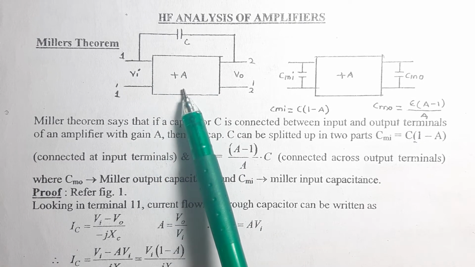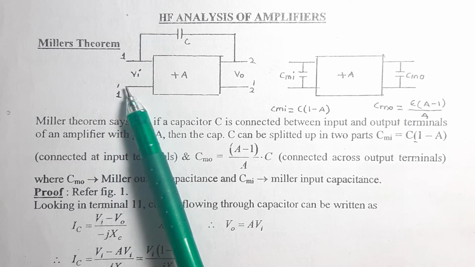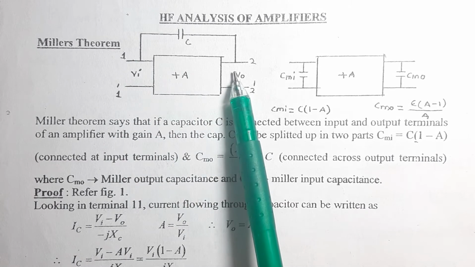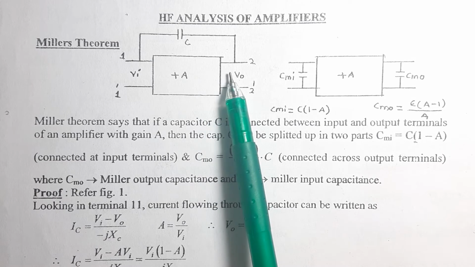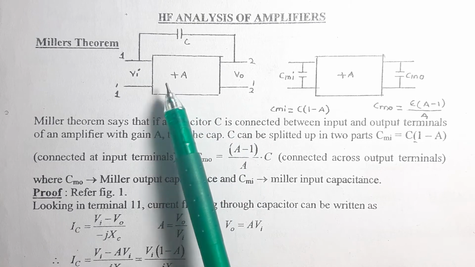Similarly, it is applied to an amplifier. You would expect that your input resistance should be high and your output resistance should be low. So how did the Miller theorem help in that? Let's see first of all what the Miller theorem is, and then we'll come to the conclusion why it is important.